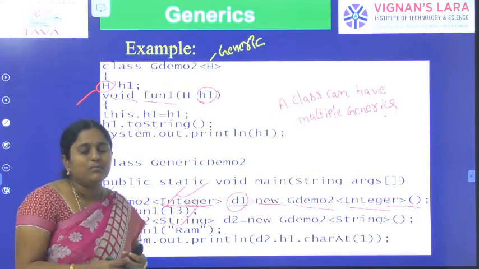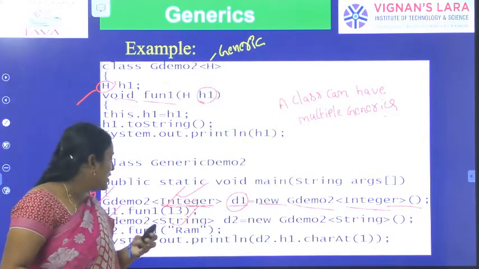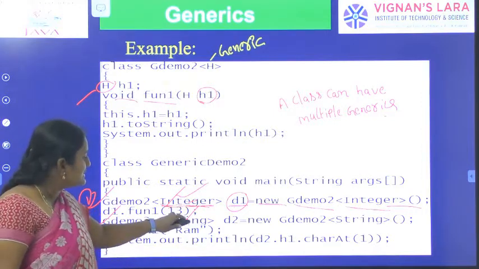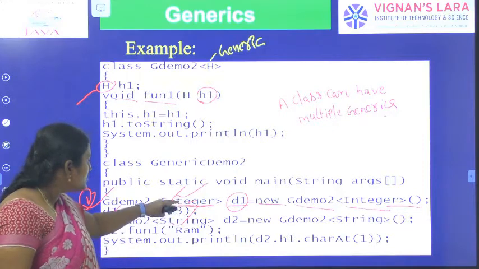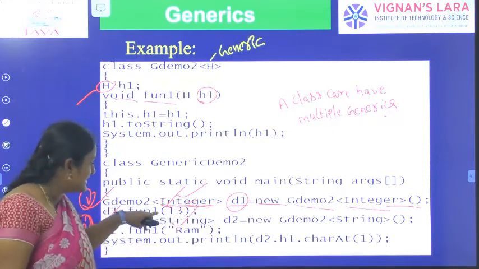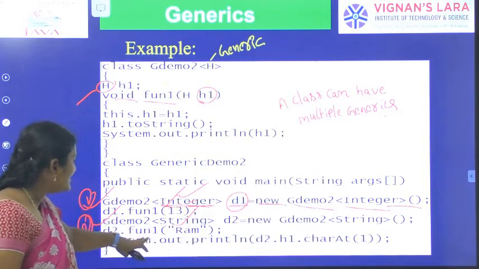So by using the object reference we can call the instance method d1.function1("raw"), because it accepts string type of data. Whenever I am creating an object of Integer class, it accepts integer type of data. After that I am printing the SOP statement.